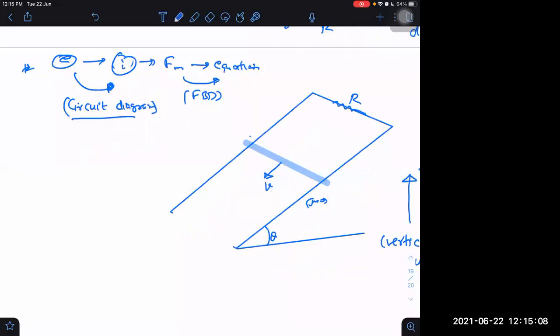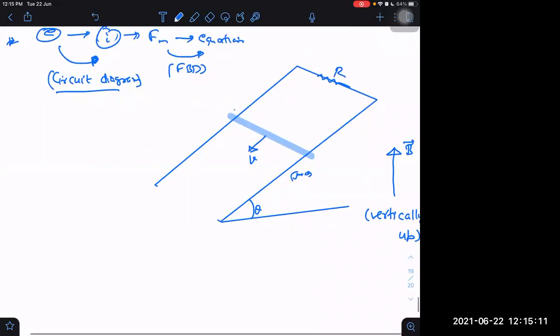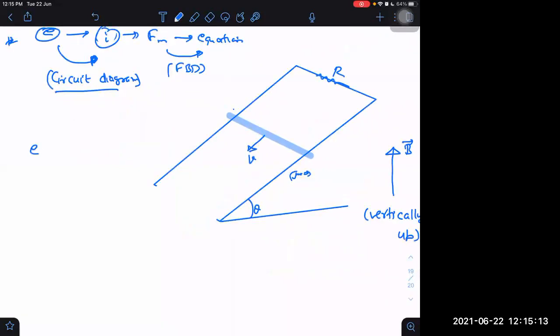EMF will be simple, I think. Magnitude wise, if I want to find it, it will be very simple always. What is magnitude wise EMF? It will be B into V perpendicular into L perpendicular. Or I should take the components of B and V: first I can take V cross B. After that, I can take the component of length which is along V cross B. Right or not? I can take V cross B first, then dot L.